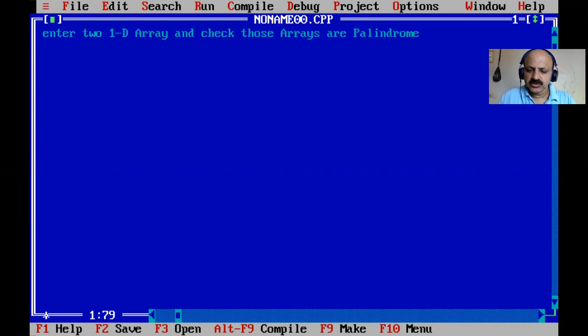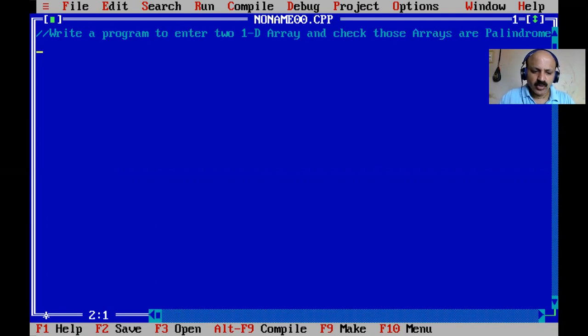or not. So I think you have to know what a palindrome is. Like in a string, madam is a palindrome. You can write it from first or last, it is the same word, madam. And here we check whether an array is a palindrome or not. So I think you have to know, but if you do not know,